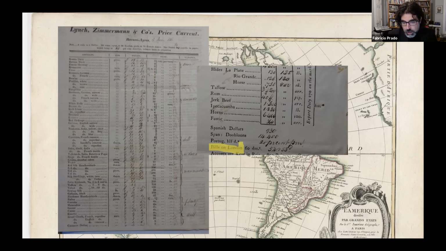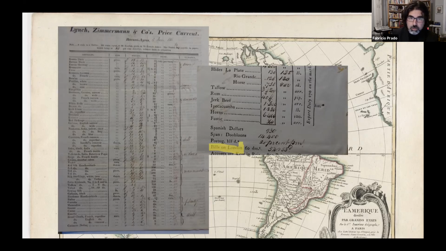So for North Americans, Rio de la Plata offered vast markets for European, Asian, and other Atlantic goods. And even more importantly, Rio de la Plata offered access to silver and gold at a critical time for the growing trade in the Pacific and the Indian Ocean, and for the nascent North American banking system.